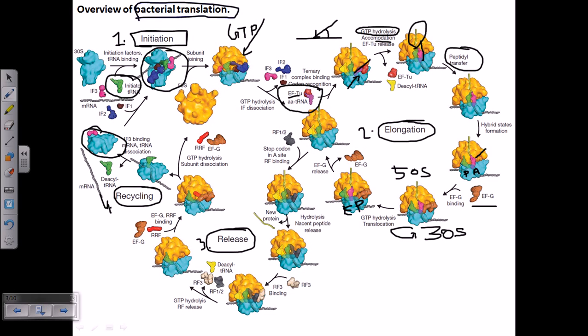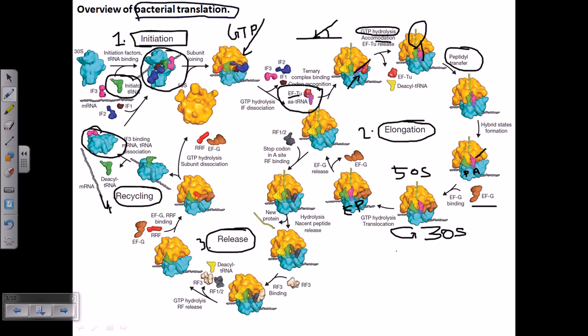After that, GTP hydrolysis will be done and the EFG protein will be released outside. So this is how the whole process of elongation works out. Now again, another amino acid tRNA will be coming in and they will be attached. Then accommodation will be done. Then the transfer of the peptide sequence from this P site to the amino acyl tRNA present in the A site.